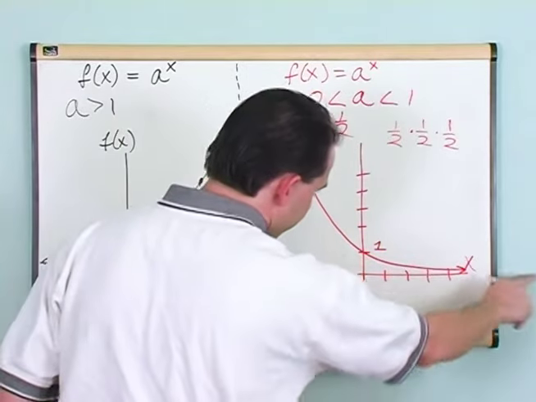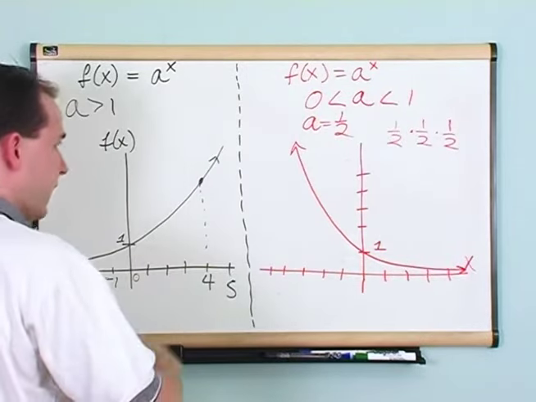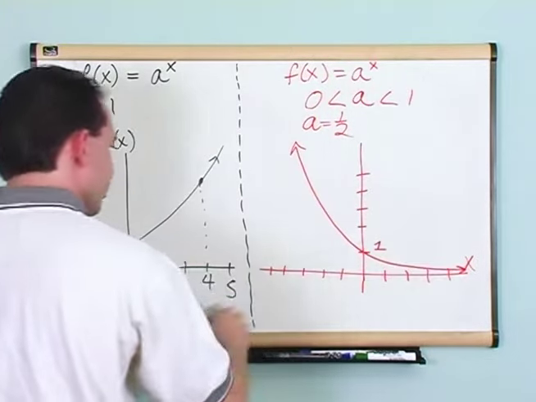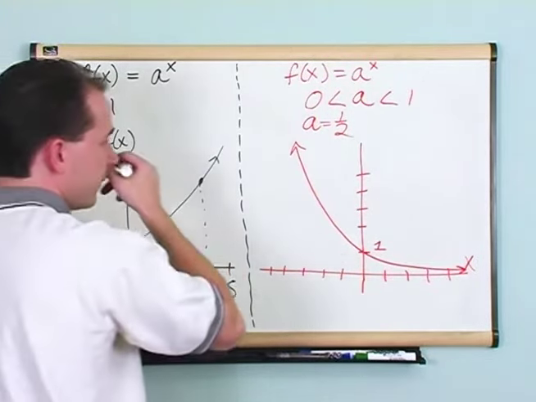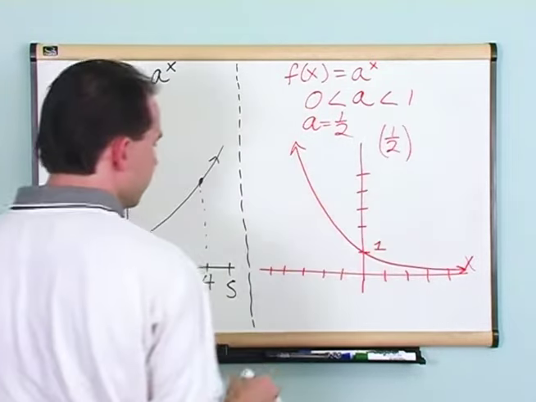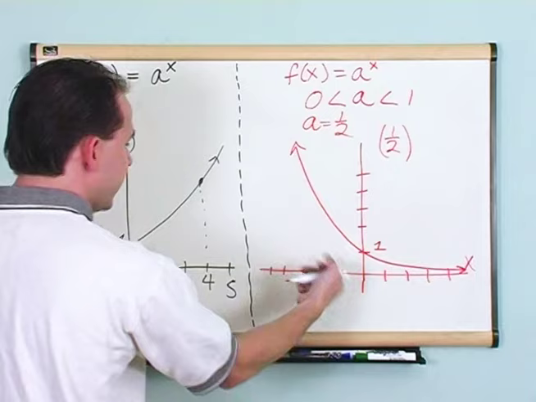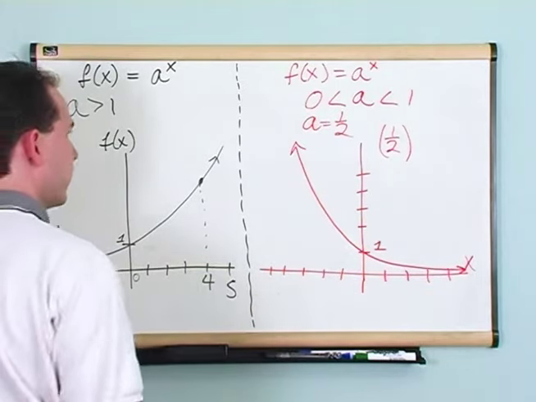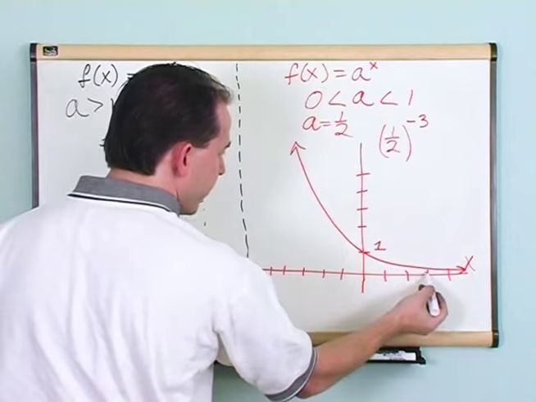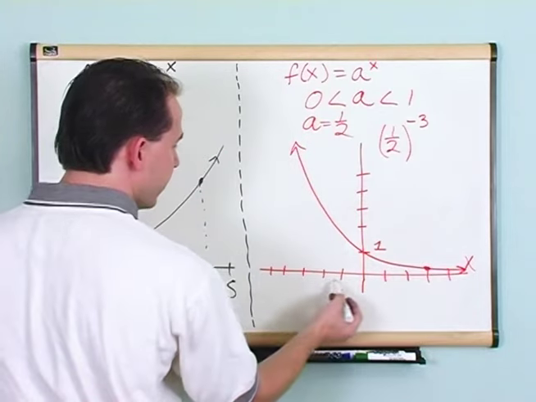Eventually, it's going to just get very close to 0. So that's what's happening there, okay? As I go negative, what I'm going to have, for instance, would be 1/2 to the negative 1, to the negative 2, to the negative 3, to the negative 4. So let's say I had negative 3 out here, just to compare it. We did positive 3 and we got a very small number, so let's see what happens if we go to